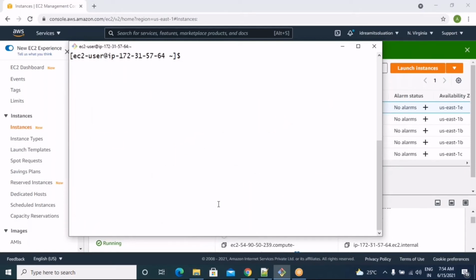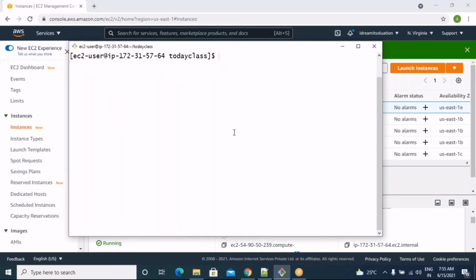Let's say I need to go inside today class. In Windows how do we go? You double click and go inside. But here, as we are working in a command prompt and Unix is a command-based language, we can work only through commands. So there is a command cd, change directory, followed by your directory name. What is my directory name? Today class. See, now you are inside today class, correct?